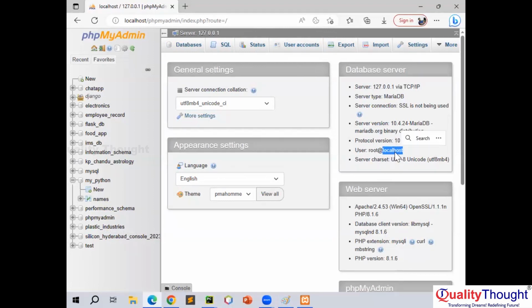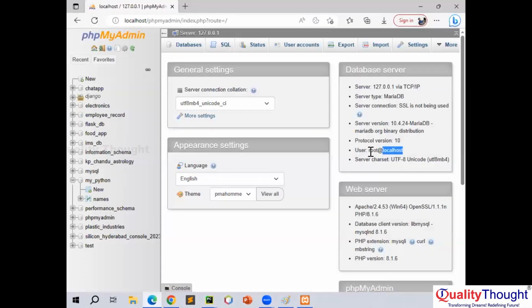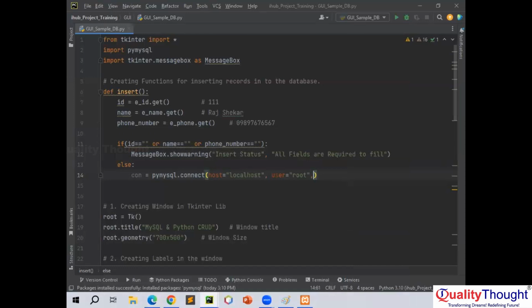లోకల్ హోస్ట్ ఏదైతే ఉందో, I'm going to take the localhost, that particular name separated with comma. I want to take it as a user equals to, I want to take it as a root. రాజ్ ఇది ఎక్కడి నుంచి తెచ్చుకున్నావు అంటే, నీ పర్టికులర్ యూజర్ నేమ్ ఏదైతే ఉందో అది root@localhost. అండ్ పాస్వర్డ్ అనేది ఏమీ ఇవ్వలేదు కాబట్టి we're going to take it as నా పాస్వర్డ్